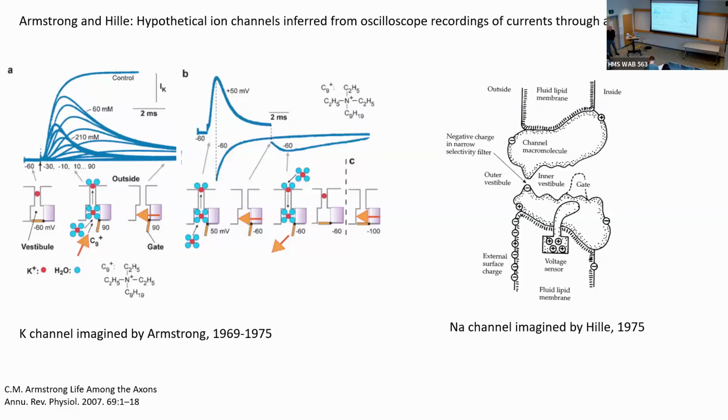And he found that when he made these, they didn't do anything from the outside of the squid axon at all. But if he put them inside the cell, then he would get this time-dependent, as he called it, block of the potassium conductance. And he began to imagine that the way to explain this was in terms of an ion channel. And he did an incredibly clever series of experiments, also really guided by intuition, and ended up coming up with this idea for what was happening when he put these inhibitors inside the axon.